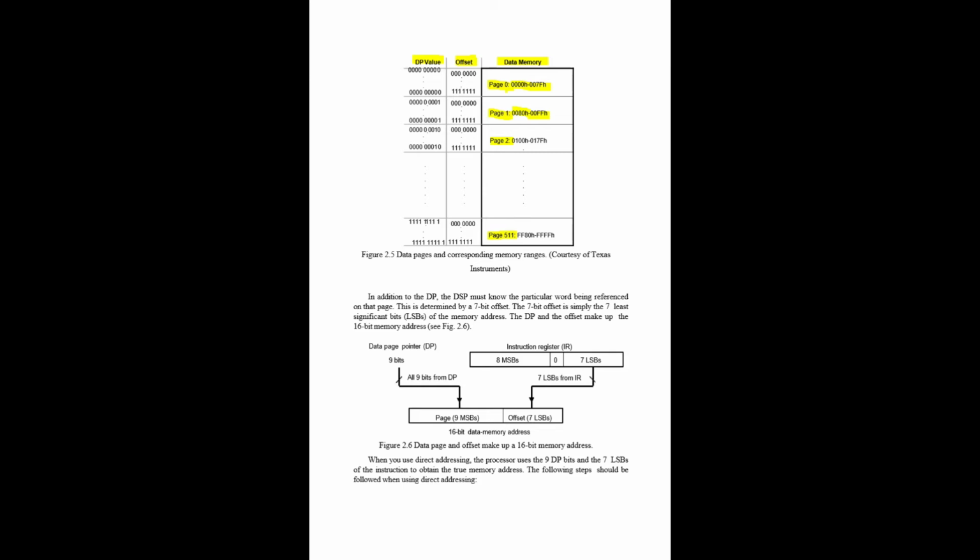So this is how addressing will be given in direct addressing mode. Everything they will be giving for direct addressing mode. In this that I told you, take a note and then that color. So these things are separated. So the data page pointer will consist of 9 bits. 9 bits, and totally I need to get 16 bits. In that 9 bits I will mention, then 7 bits while reading the